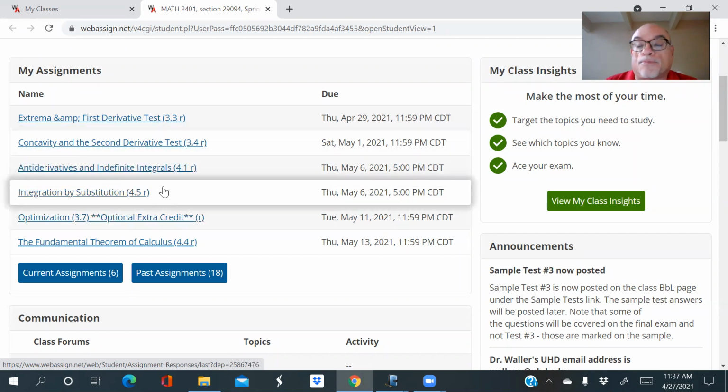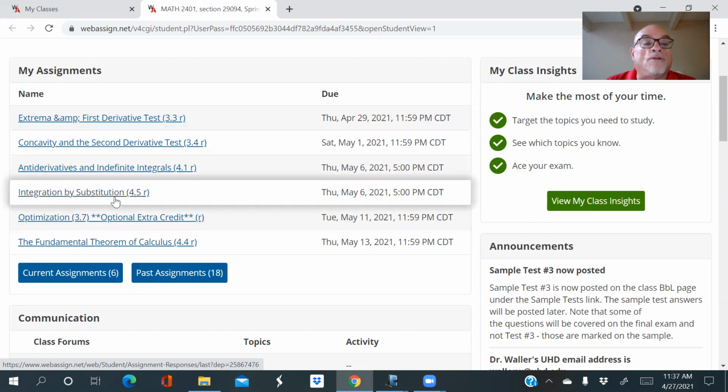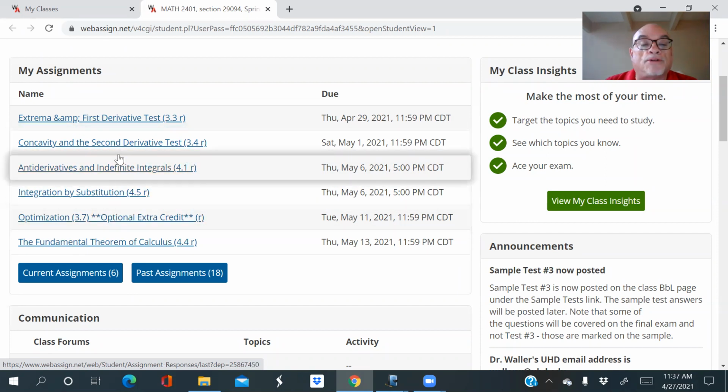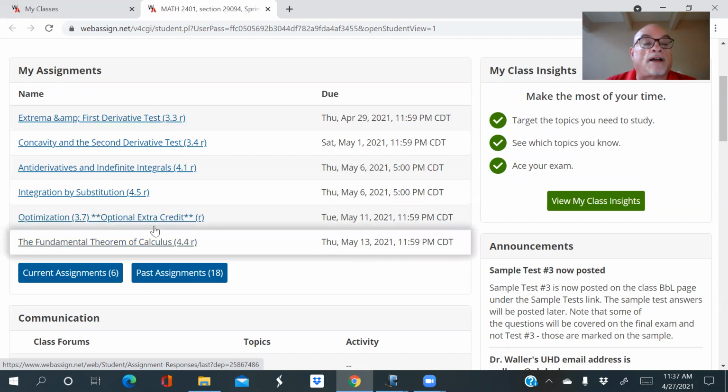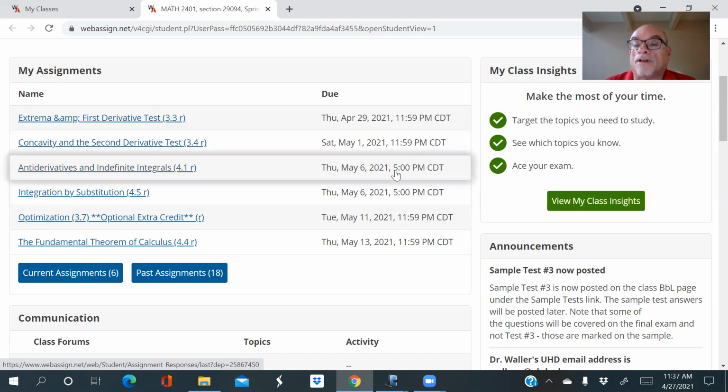I've tried to make these as brief as possible, so I've shortened the homework as much as I thought I could, to keep it doable. But it will be a lot between now and May the 13th, when all this is due, and I have to actually submit grades. So we're completely out of time there.